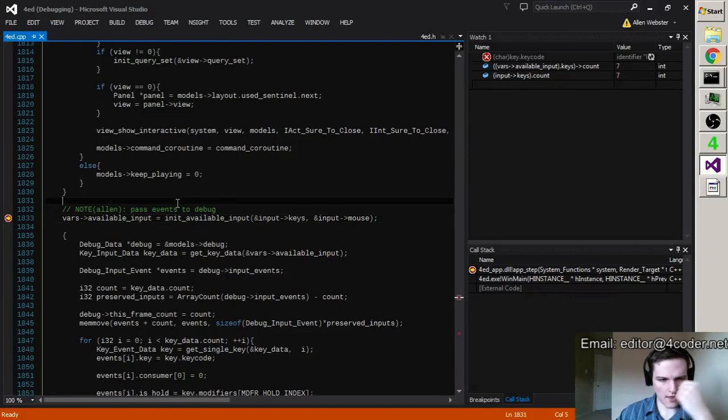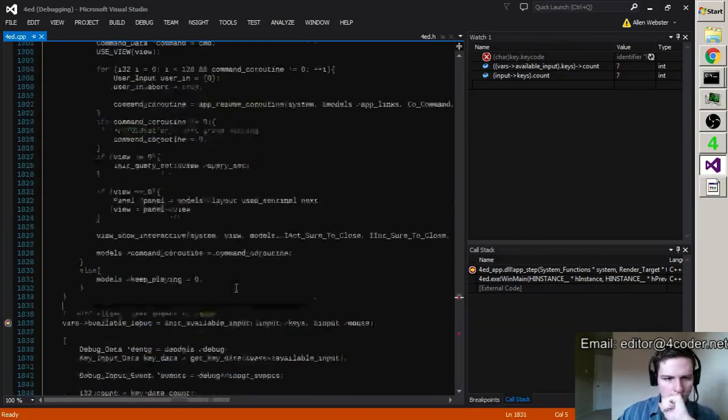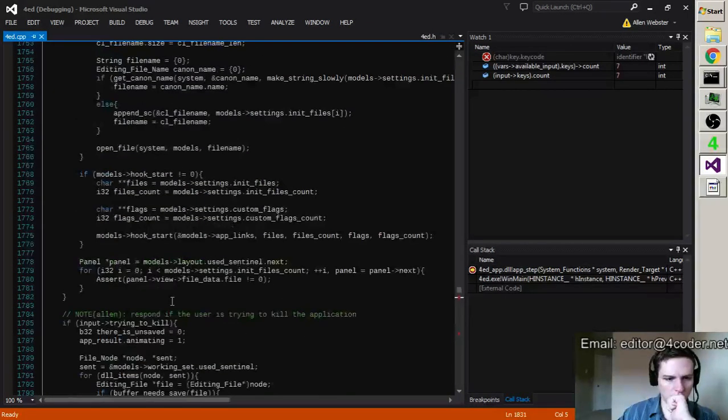Yeah, they all say they have a control key pressed. How did they even think that? I don't understand.